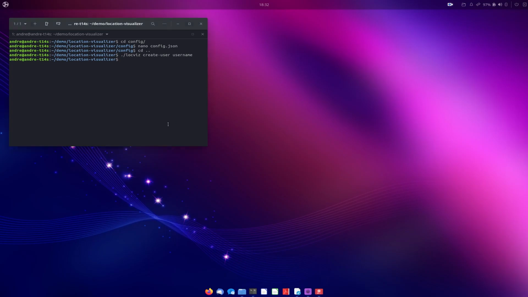This will create a user with a name set to username. Now if you set this up, you can of course choose a username of your choice. And then we set a password, so we type ./logvis set --password username secret.